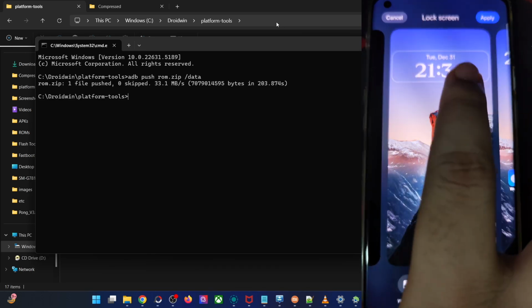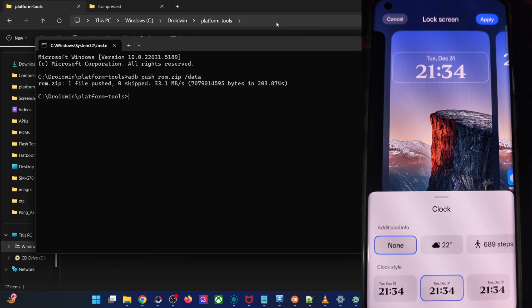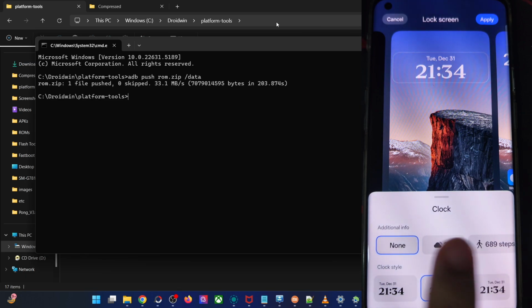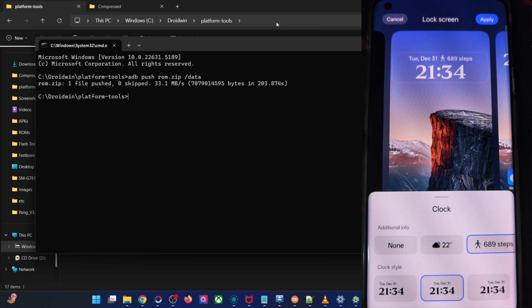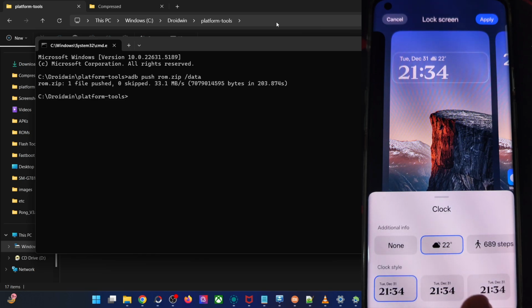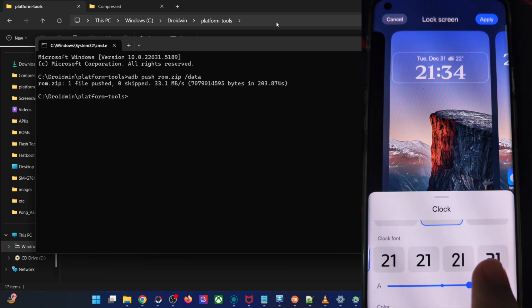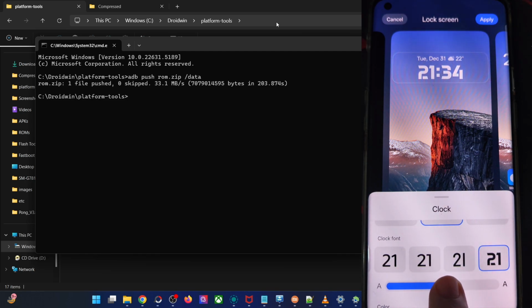It's the stock. You may also change the clock style from here and add any one additional info. You may add the weather, the steps is not required. Let's go with the weather. The clock style, you could see the left hand side centrally aligned. Central is fine. Clock font, you may change that as well. This looks quite nice,